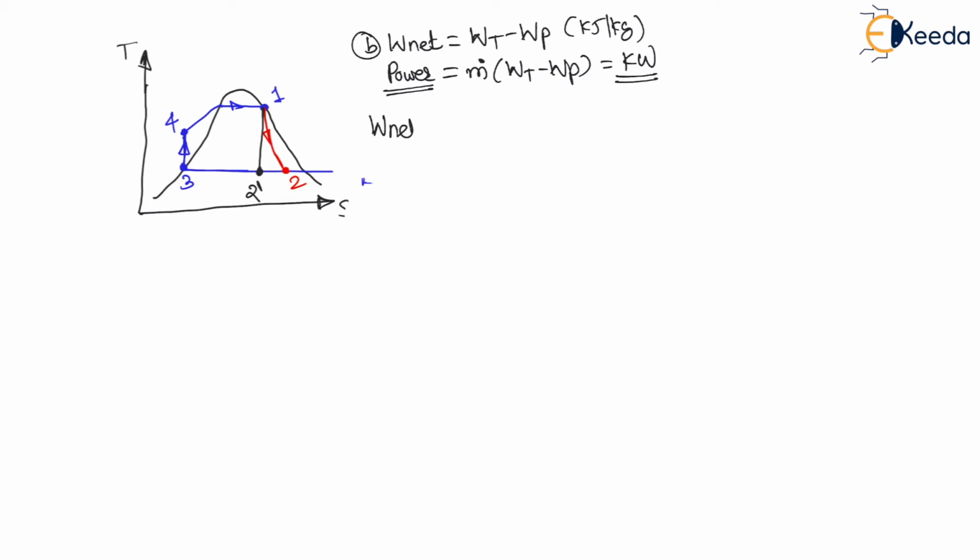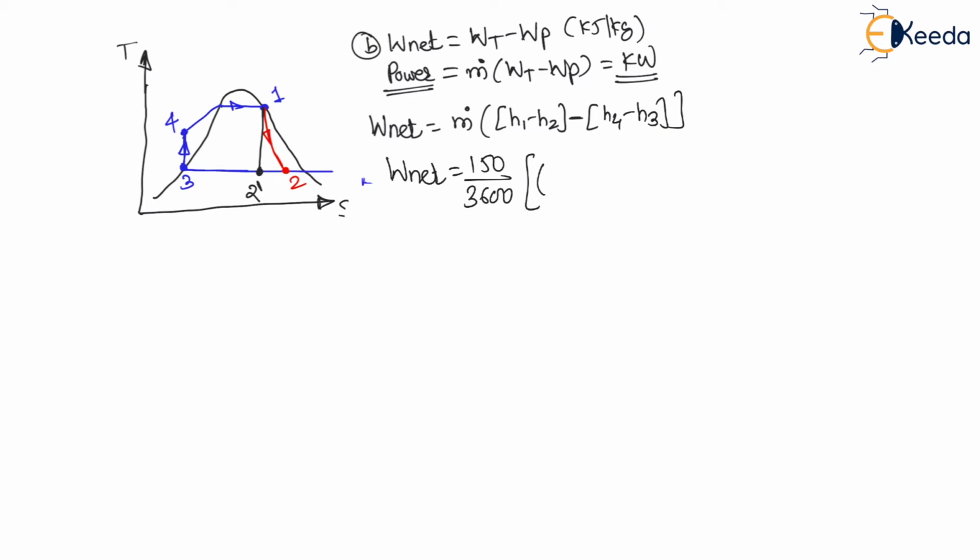Therefore W net is equal to mass flow rate into work of turbine. Now turbine is from 1 to 2, therefore enthalpy difference from 1 to 2 will be equal to H1 minus H2, minus work of pump. Now pump is from 3 to 4, therefore this enthalpy difference H4 minus H3 will be the pump work. So let us put all values. Therefore net work output will be equal to mass flow rate is 150 divided by 3600 in kg per second